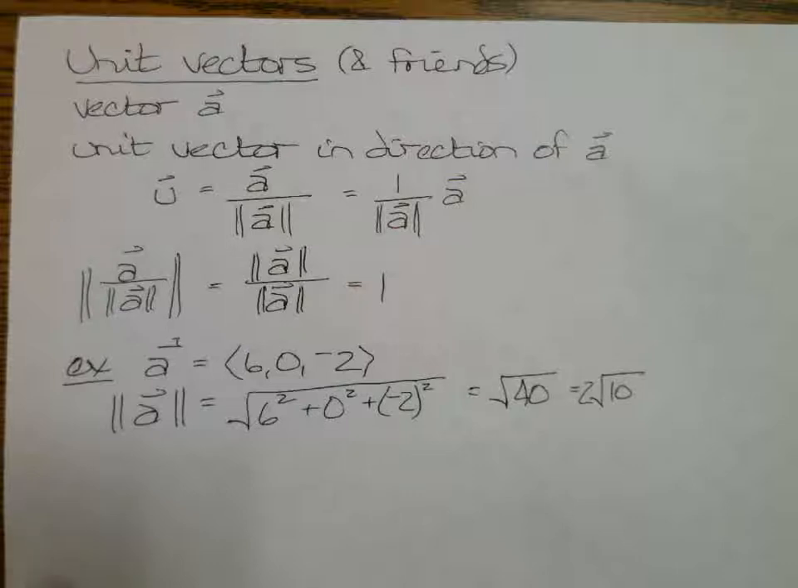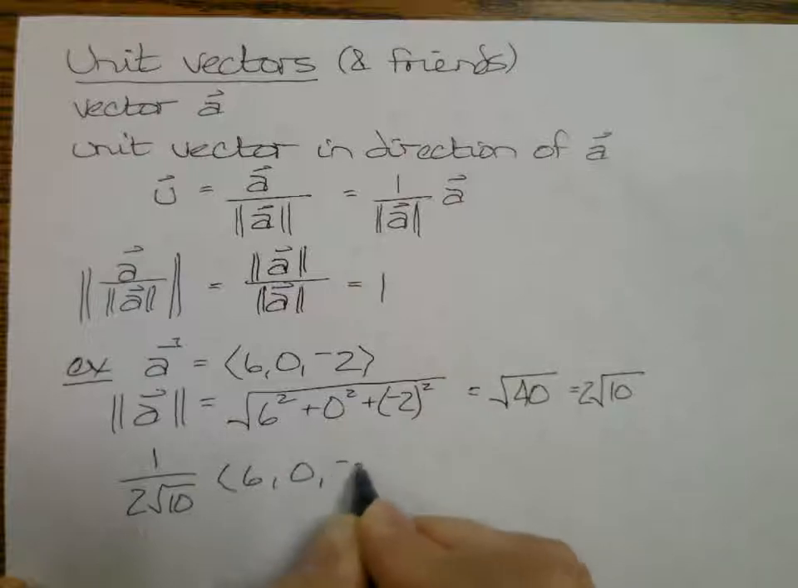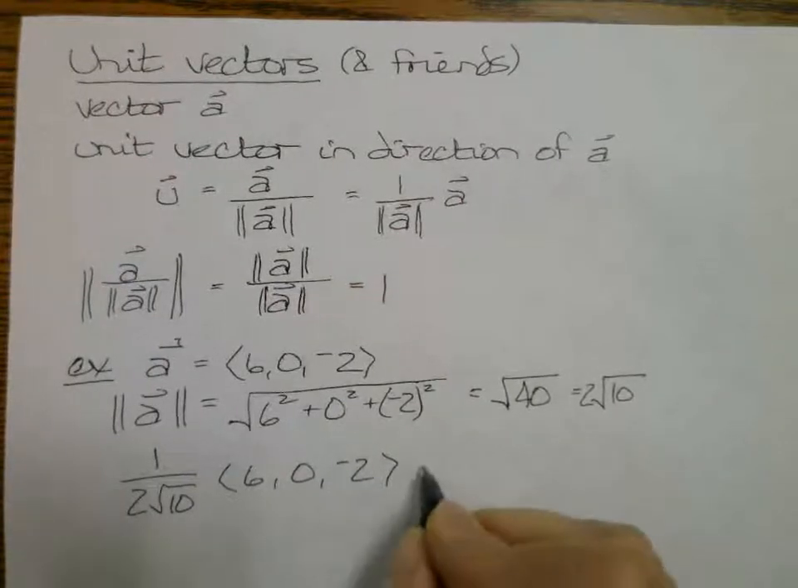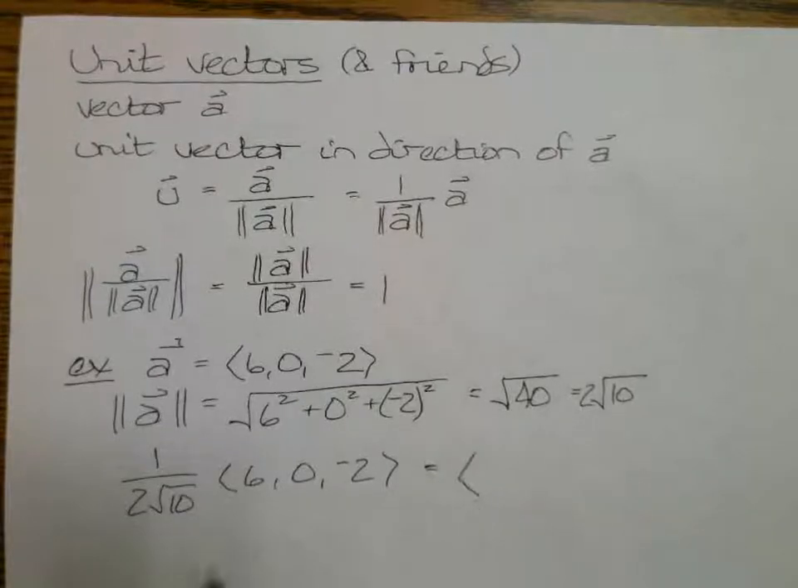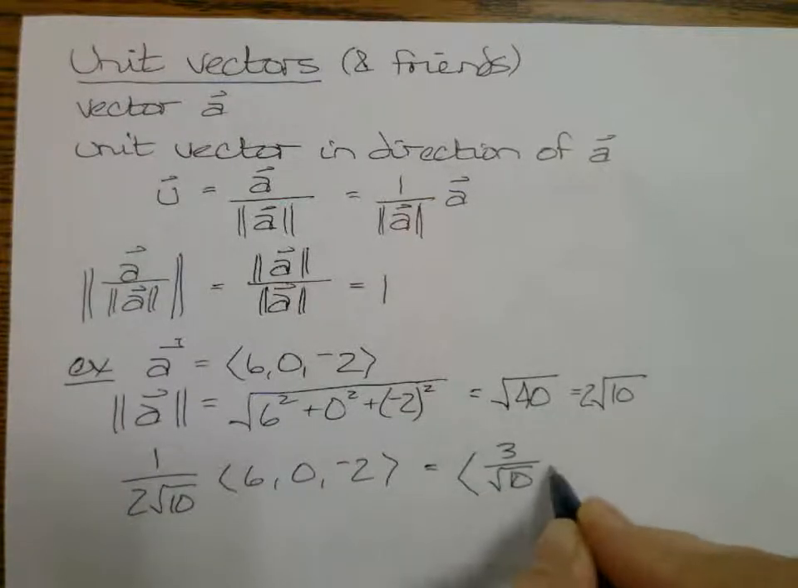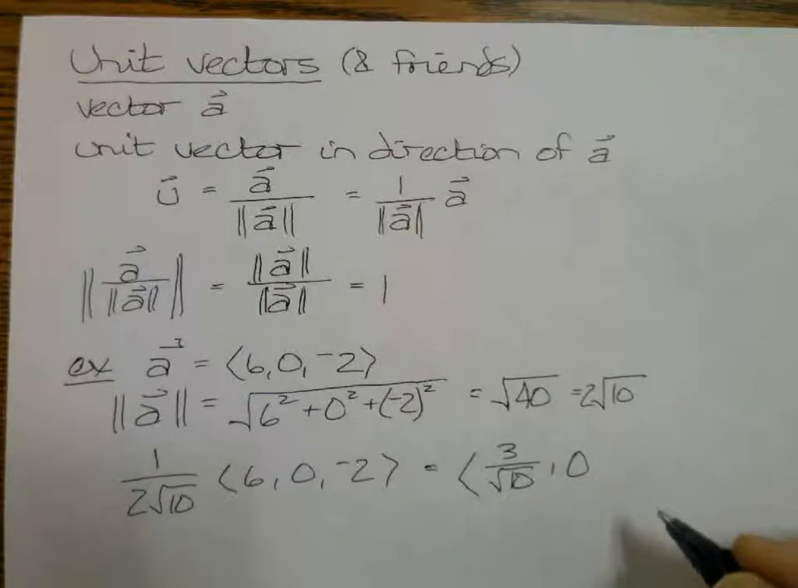So the unit vector in the direction of A, I could write as 1 over the magnitude times the vector. The unit vector is still a vector. It's just a different length than the original. Or I could write each component over that magnitude separately. So 6 over 2 root 10, 0 over anything is still 0, that's nice, and